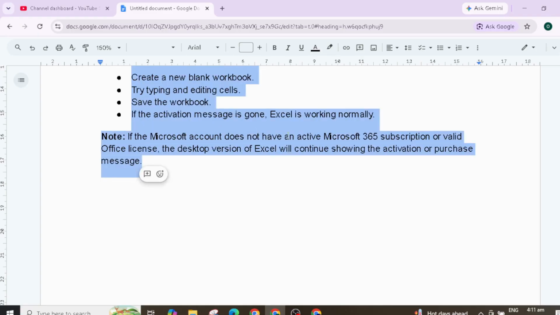Note, if the Microsoft account does not have an active Microsoft 365 subscription or valid Office license, the desktop version of Excel will continue showing the activation or purchase message,